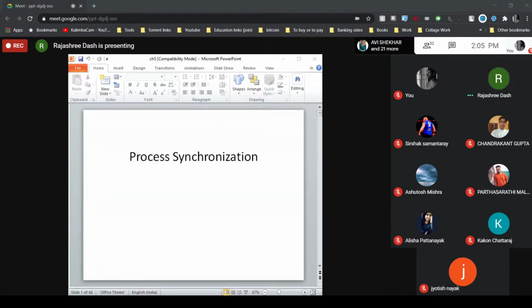Okay. So today we are going to start with a new chapter, that is process synchronization. I think last class we already completed the discussion of multi-level queue and multi-level feedback queue scheduling, and also solved the problems related to that. A few more problems related to CPU scheduling I will give you through your assignment, and also solve the exercise questions. If you face any problem, you can ask me. So now today we are going to start with process synchronization.